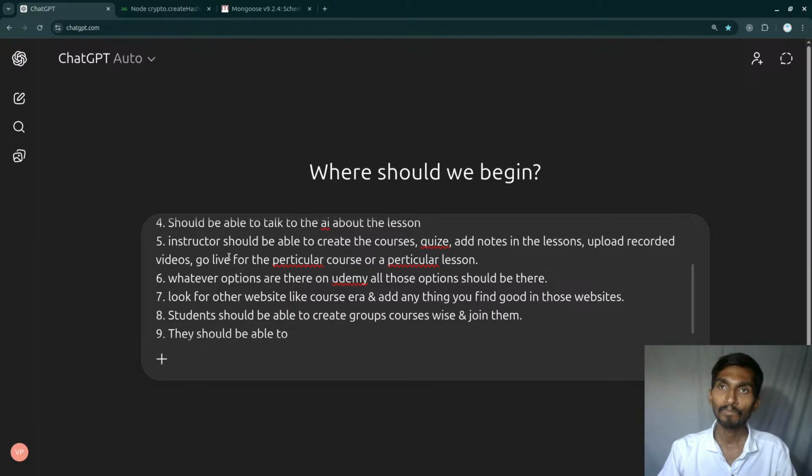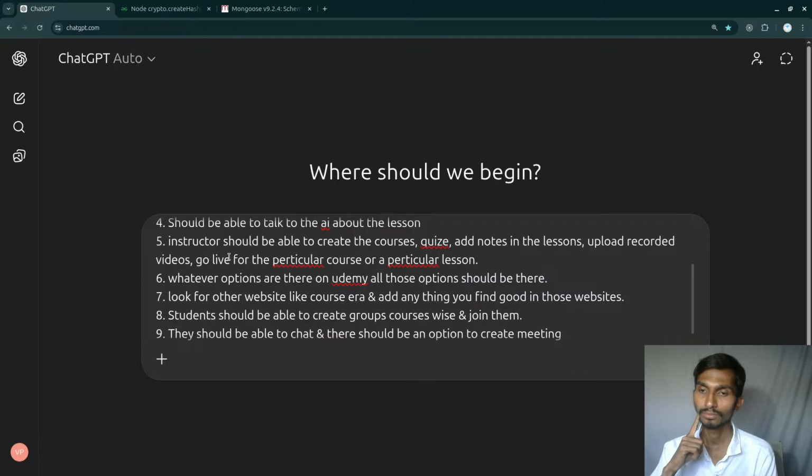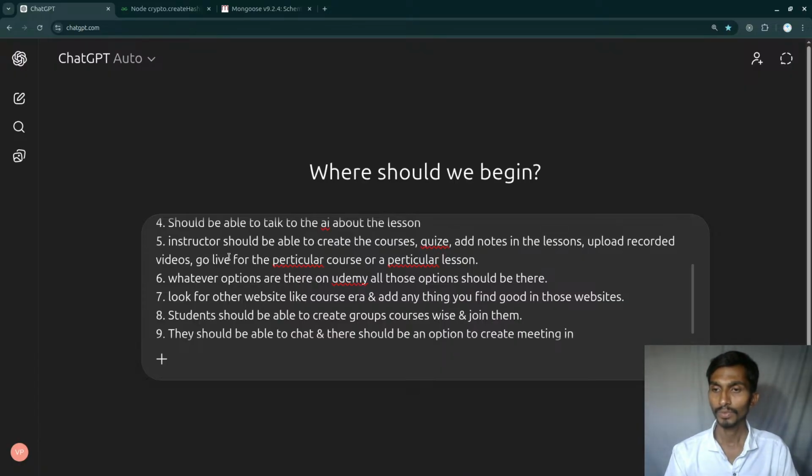They should be able to chat, and there should be an option to create a meeting, and there should be an option to create and join a meeting in the group itself,